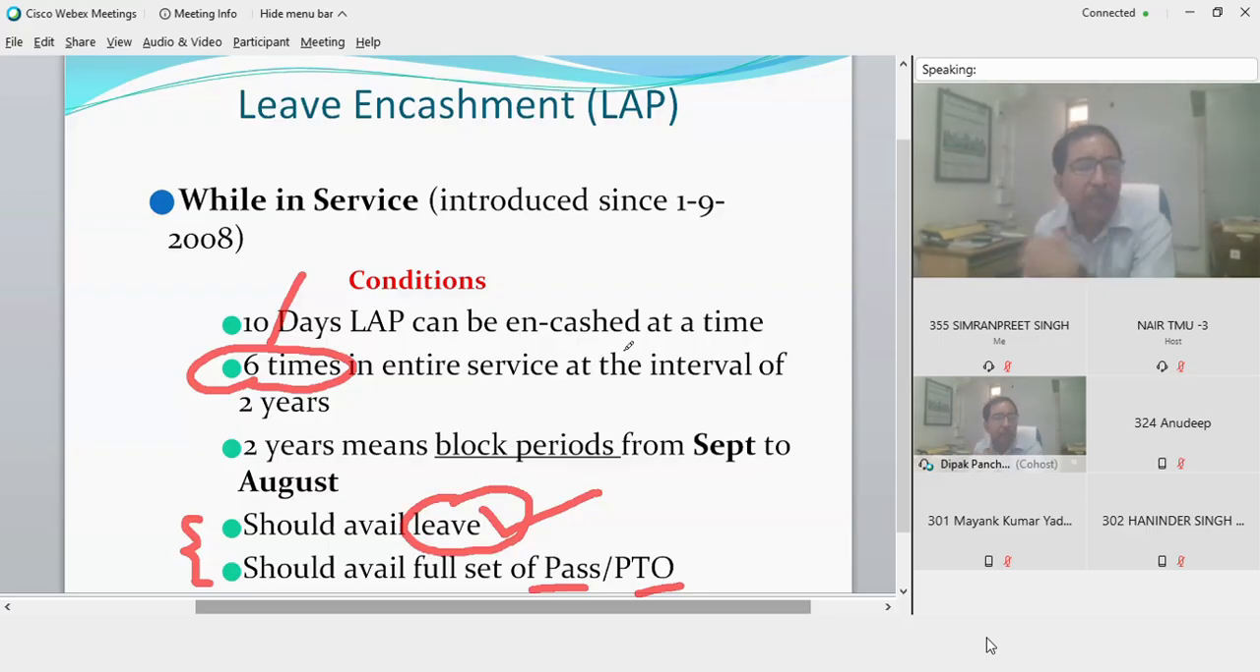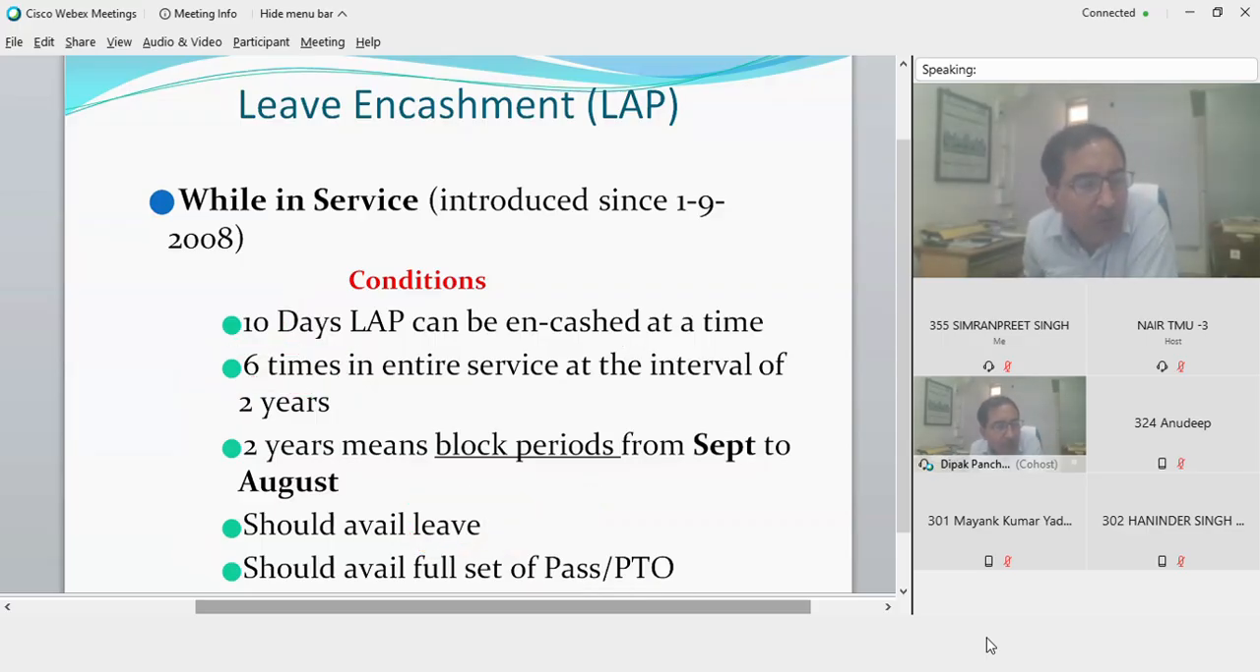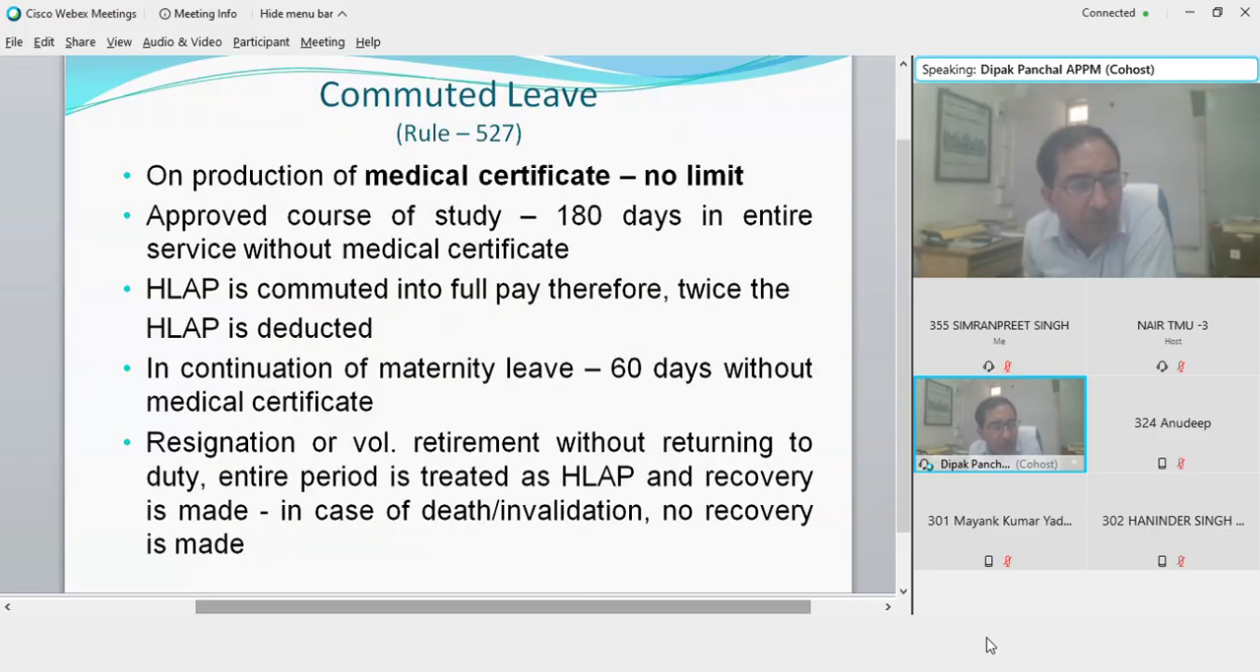So we have so far completed LAP, LHAP and the encashment. Now the benefit of sick leave, which is actually the commuted leave, because this leave can be given only on medical certificate. On production of medical certificate, commuted leave can be availed,